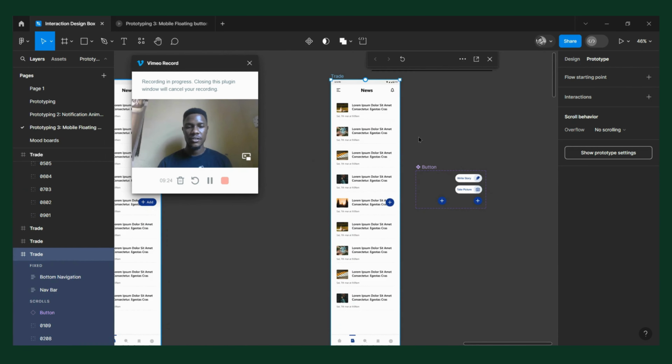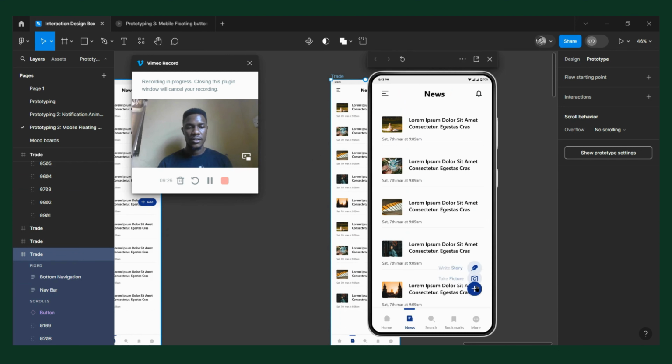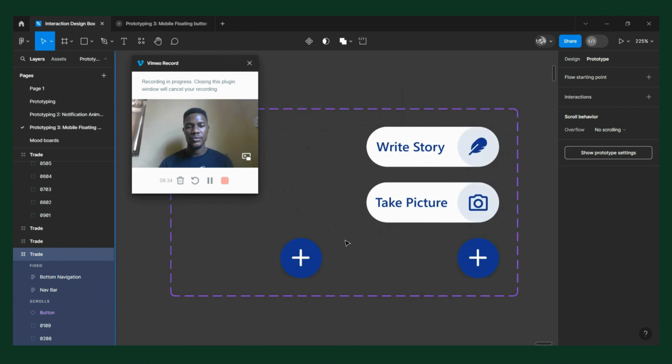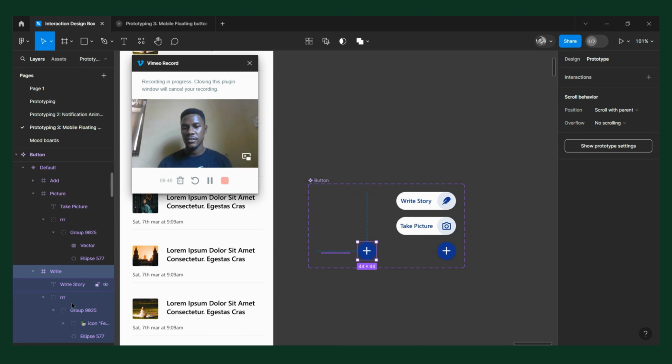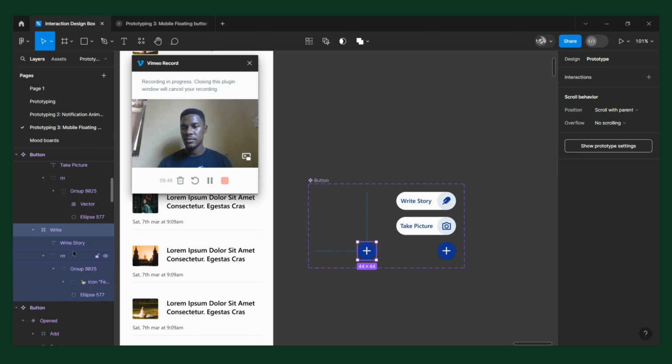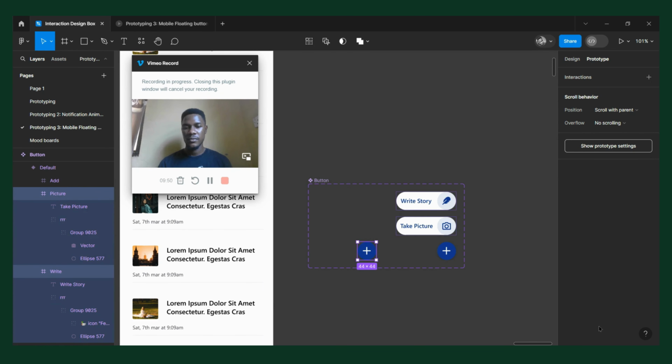But I still see something. I want this right story, take picture, to go in before coming down. And what we could do is open this up. Let's open it up again, and click on right and picture